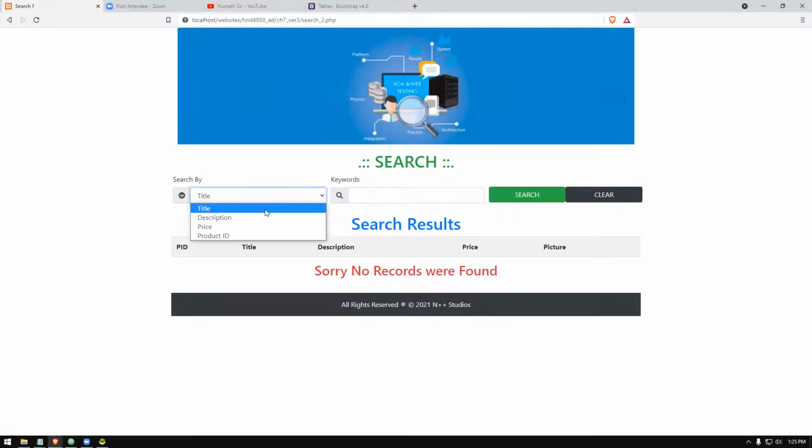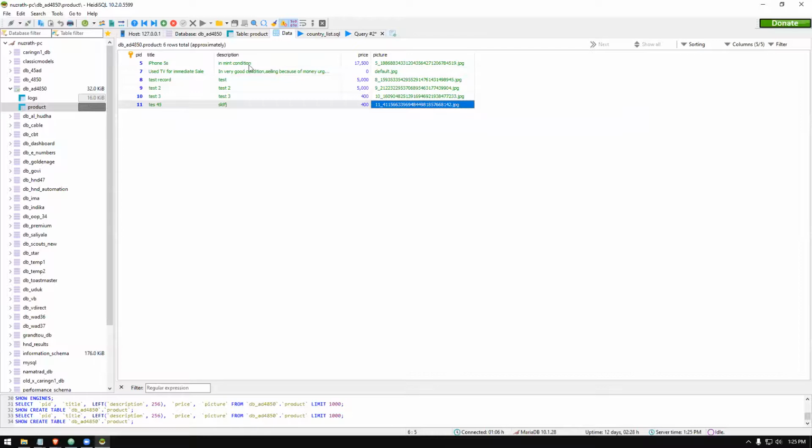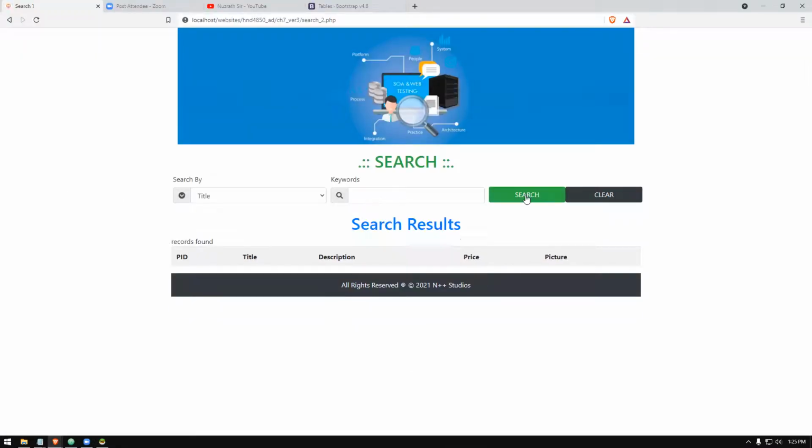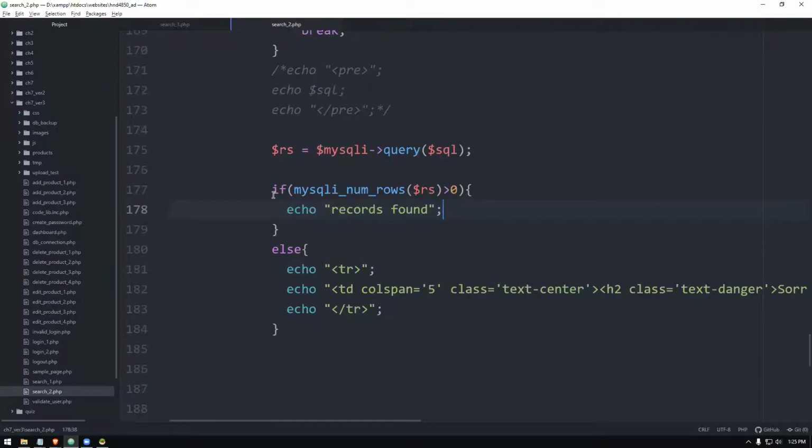If the records were found, let's say search by title and like, let's say IPHO, because partly it will match this record. Okay, there's a record for iPhone here. So if I search that, it says records found. So we have to display that, right? All right. So if you take a look at the code here, I wrote if mysqli_num_rows, number of rows is greater than 0, if the records found, so we can display the records here.